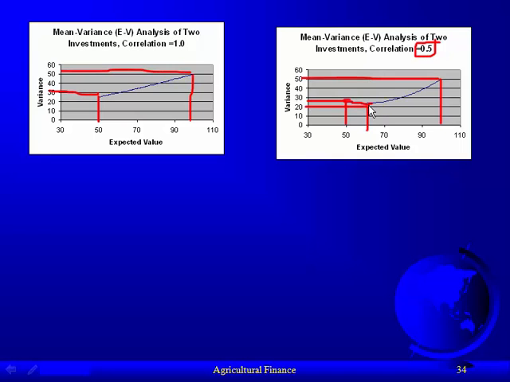Everything from the point where this is the minimum, somewhere around a little over 60, everything to the left of that is dominated by everything to the right. That's where we said if your investments are not perfectly correlated, then adding Microsoft to your portfolio is always going to dominate having everything in your Treasury. Why would you ever accept anything less than 60 if you could reduce your risk? Everything to the right of that point, right where that's a minimum,